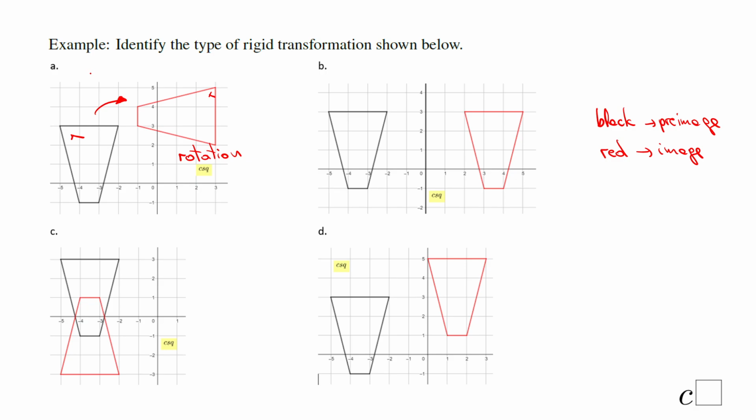What about B? On B, this is a little bit tricky because we can have two transformations. Some people may say reflection. Okay, if we reflect this guy over the y-axis, we get this guy. But also it can be a translation. So either way, in this case,